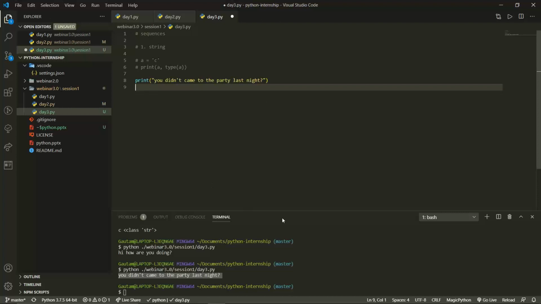I hope you understood my point. So this is what I meant to say, that single and double quotes are the same, but it has a very effective operation on both the things. Now you can write single quotes outside and double quotes inside. That is also possible. No issue.